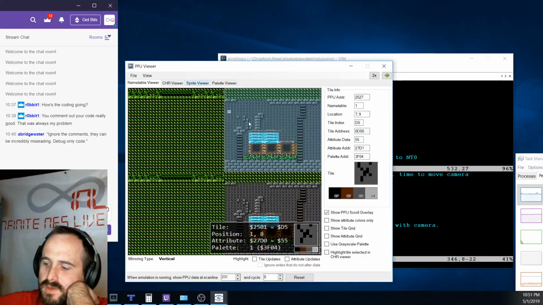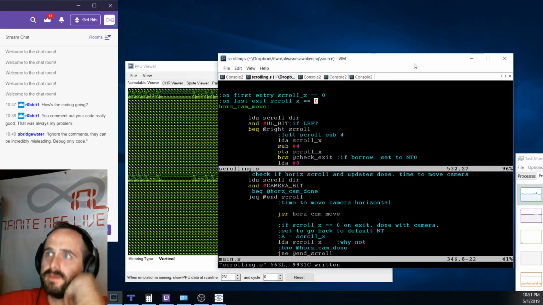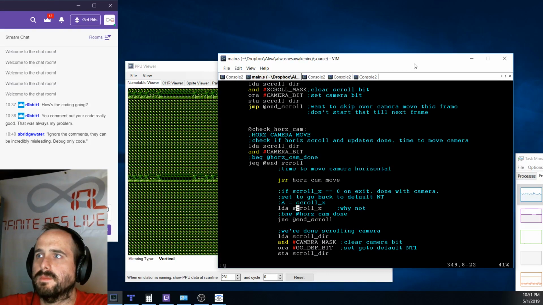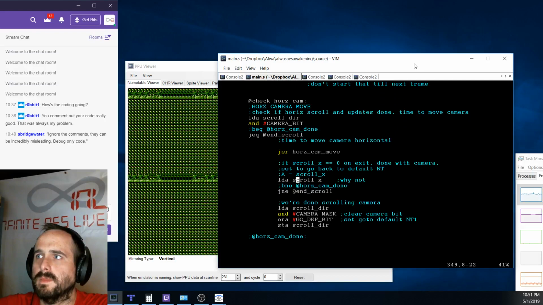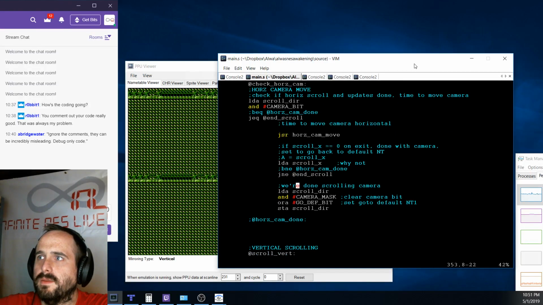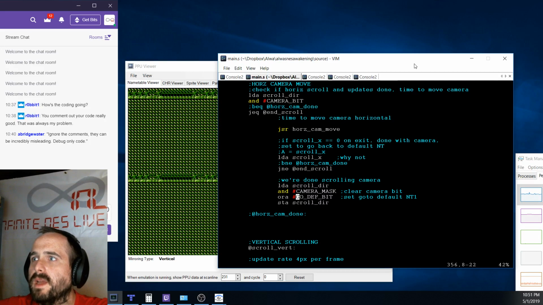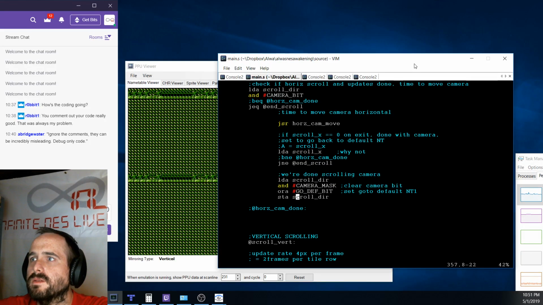So once we've scrolled into it, if it's 0, we're gonna set the go to default bit mask, store it,